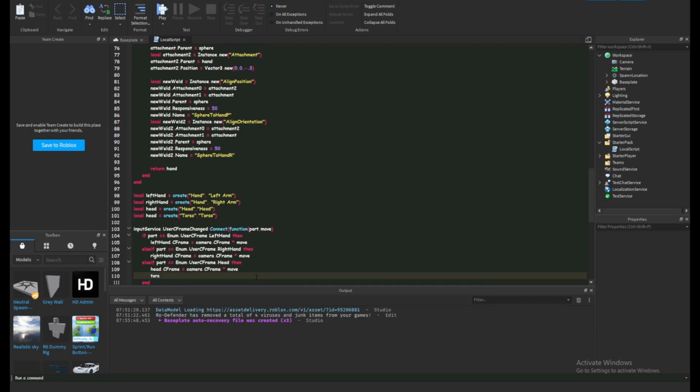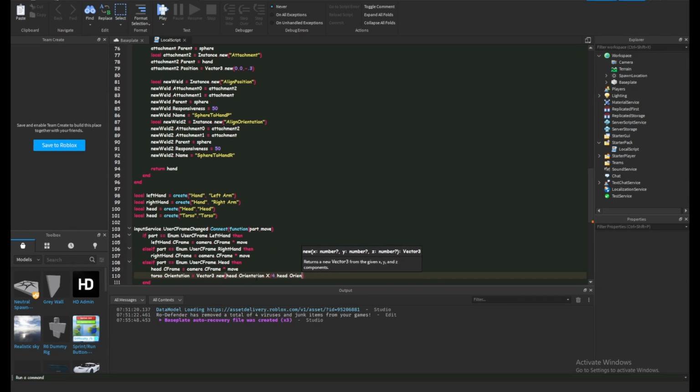And then do torso.Orientation equals Vector3.new head.Orientation.X divided by 4, head.Orientation.Y, 0. This will make it so if you look down, your torso will look down a little, and then right here,